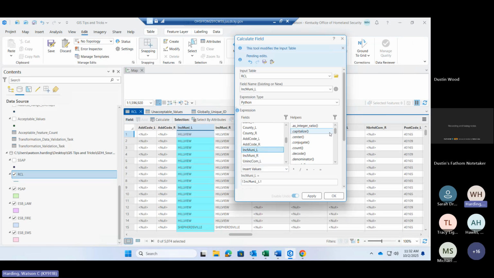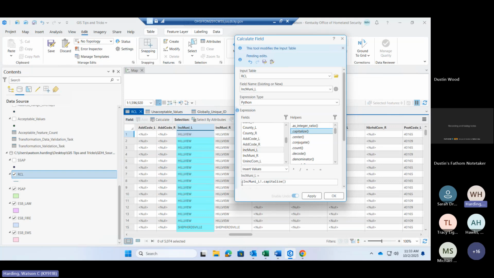And then over here in this right box are basically different Python calls. So this dot capitalize, open and close parentheses. You can see like the statement is basically